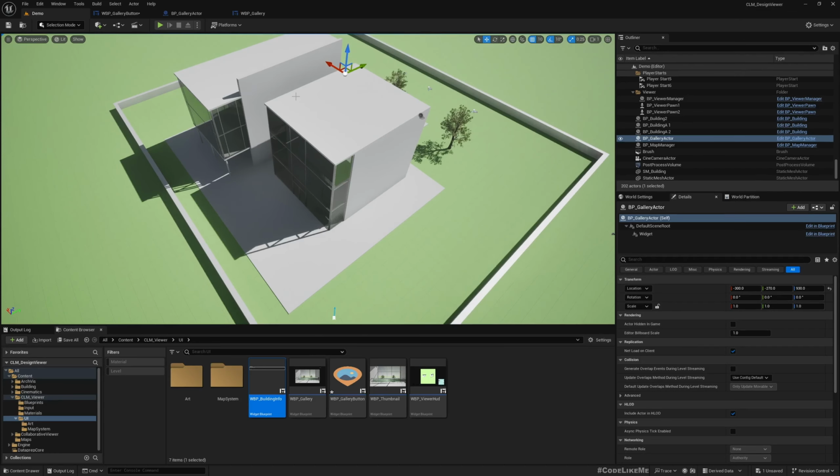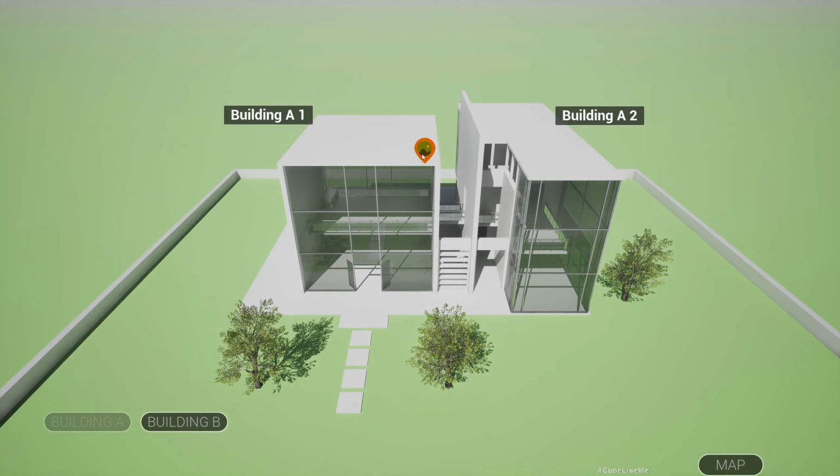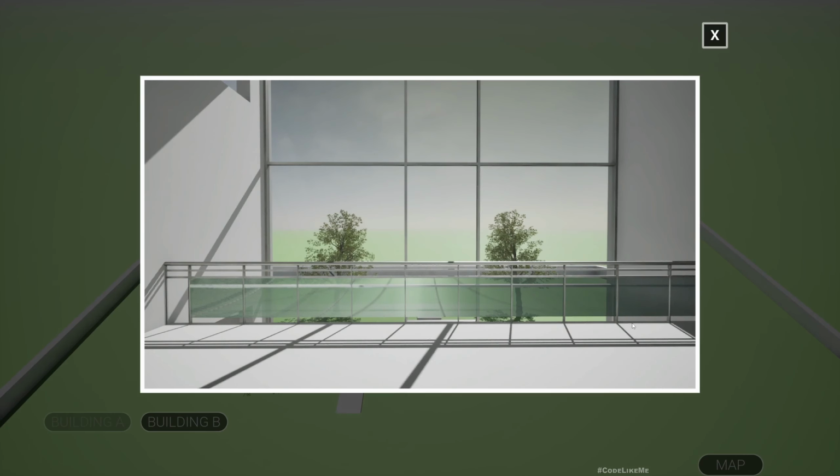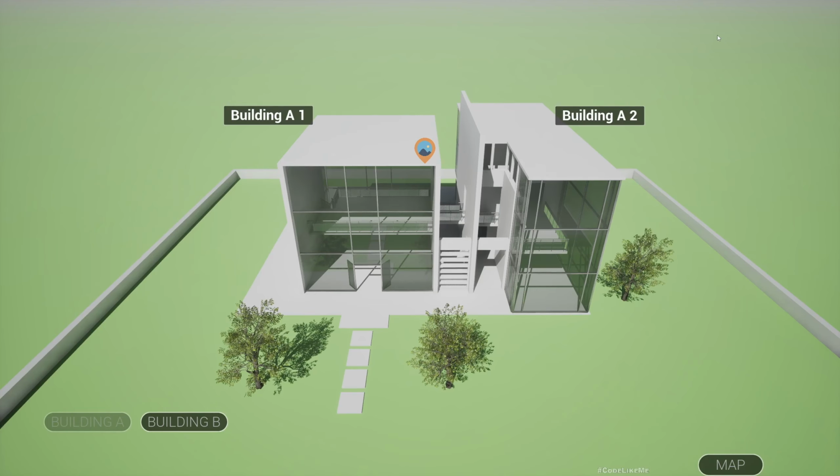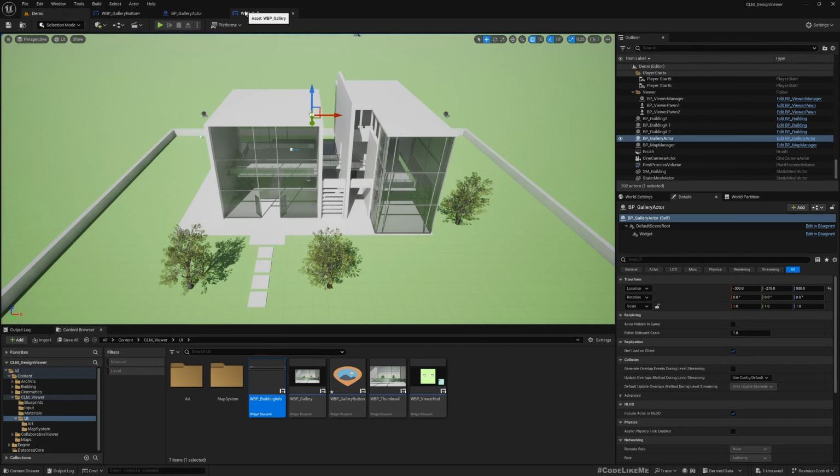Yeah, without doing anything else, let's see what happens. Yeah, we got the gallery window, but nothing else. We don't have any images here because we didn't set the images. Now in the gallery actor,